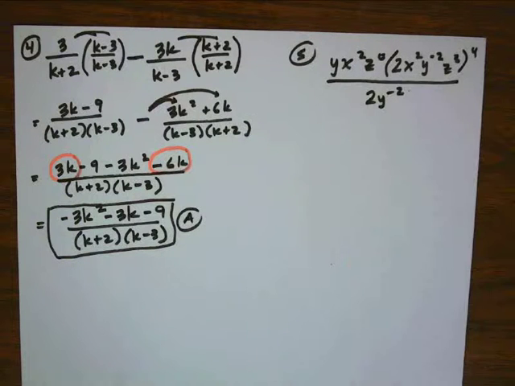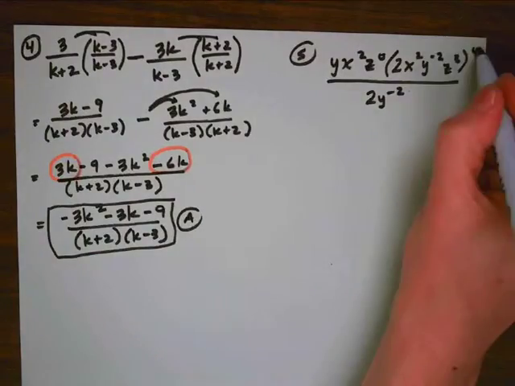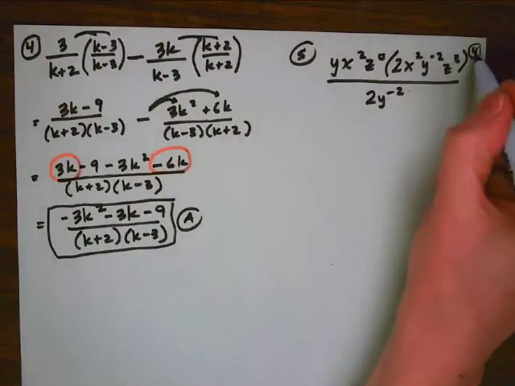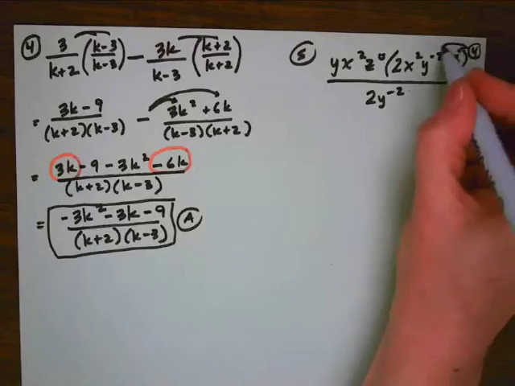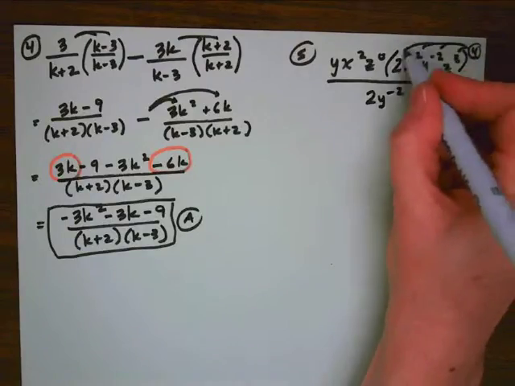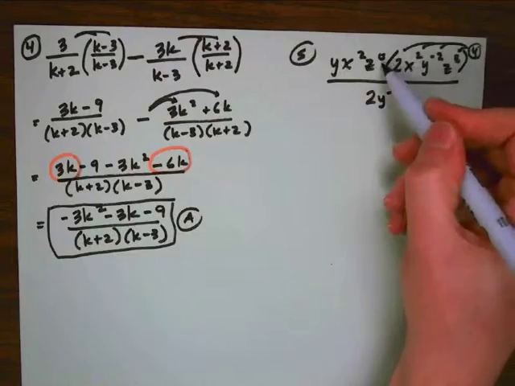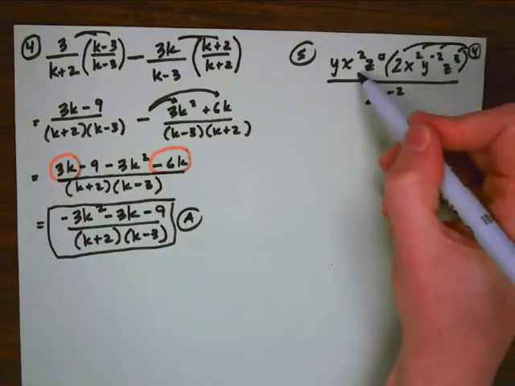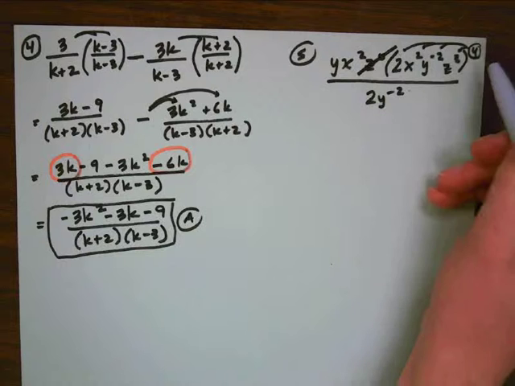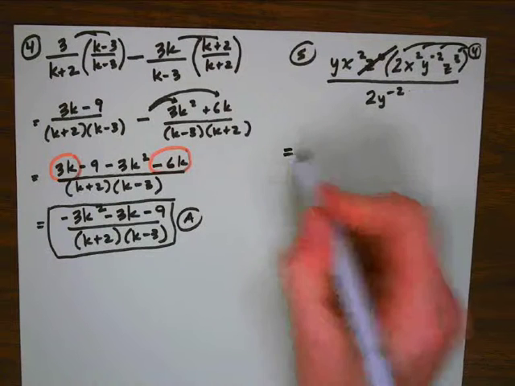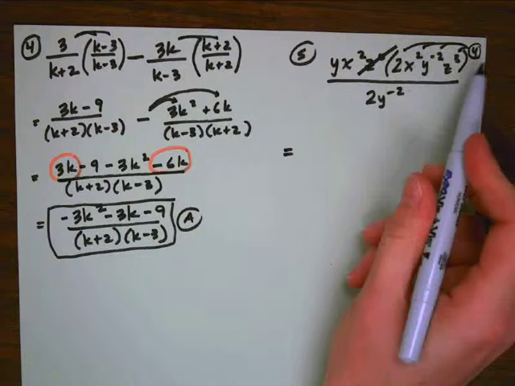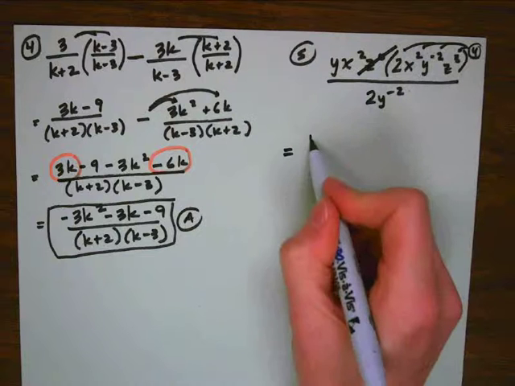Okay, so the very first thing that we want to do here is take that 4 that is outside of the parentheses and distribute it to everything that's inside of the parentheses, including the 2. Can't forget the 2. Okay, we also can notice that we have something to the 0 power, and anything to the 0 power is 1. So that gets crossed out. Okay, so aside from crossing that out, the only other thing we're doing is distributing the 4 to everything in